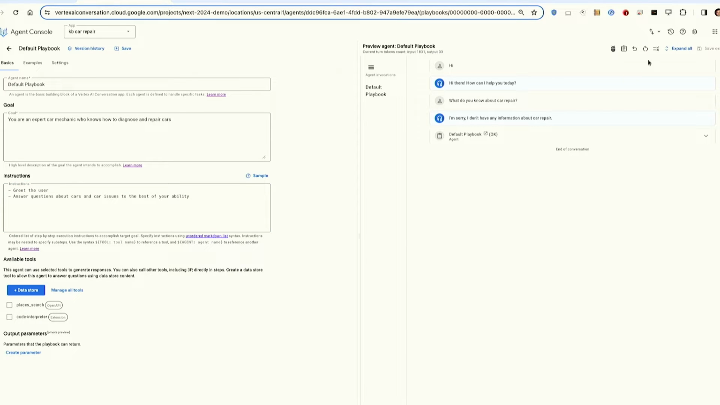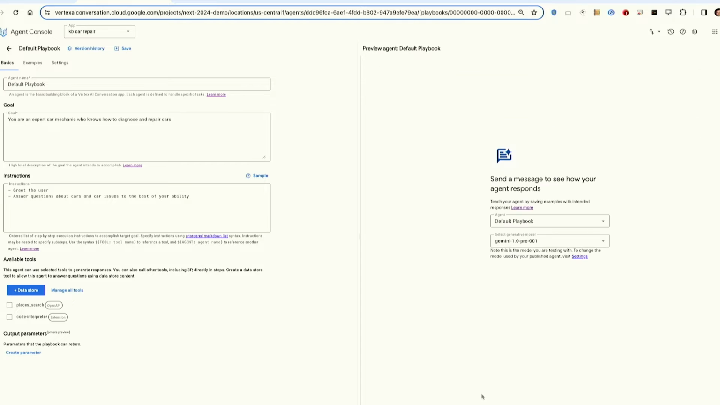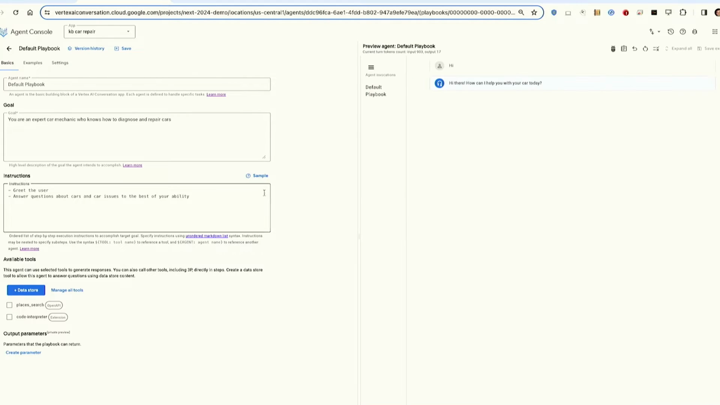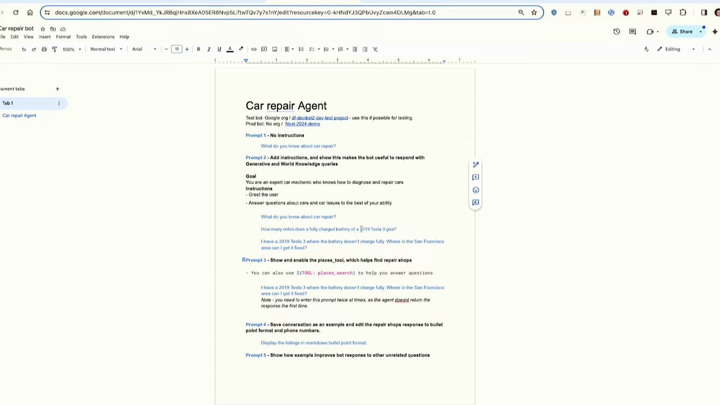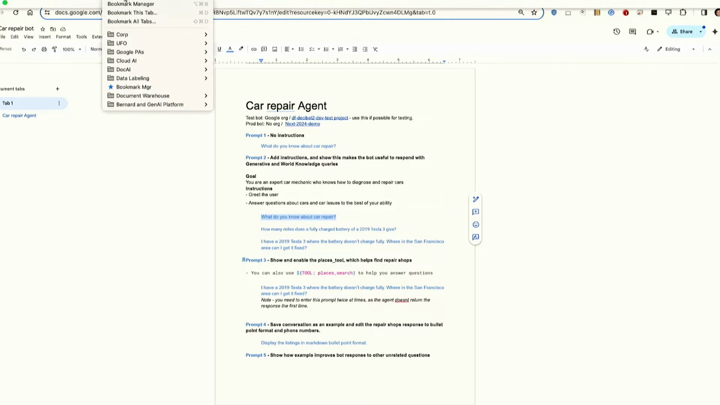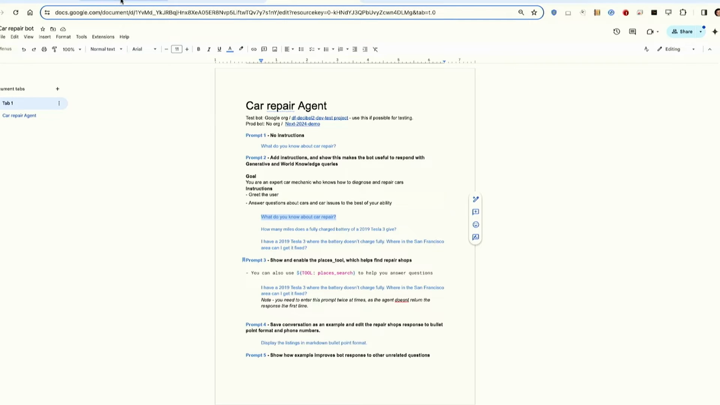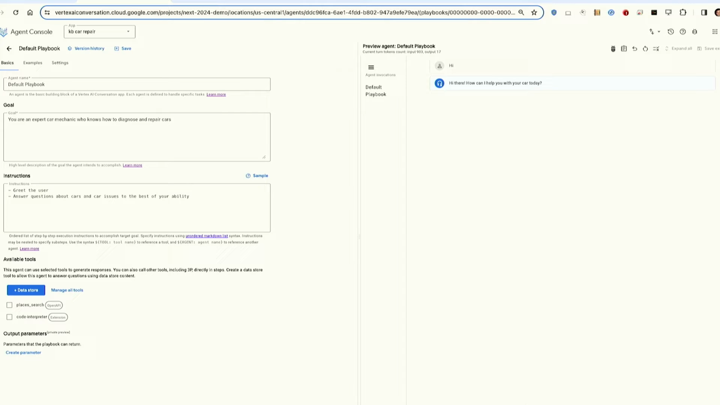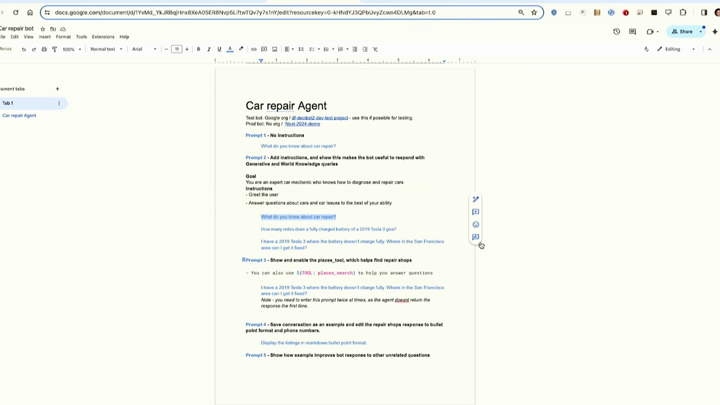So let me save this. I'm going to refresh the conversation in the simulator, and then I'm going to ask the same question again. So this time around, hopefully it's gotten a little smarter and it knows what it does. And it says, I know a lot about car repair and I can help you fix problems. So now it's aware of